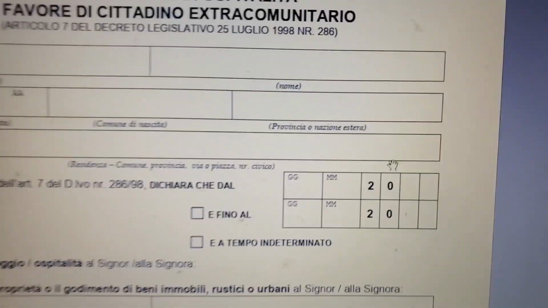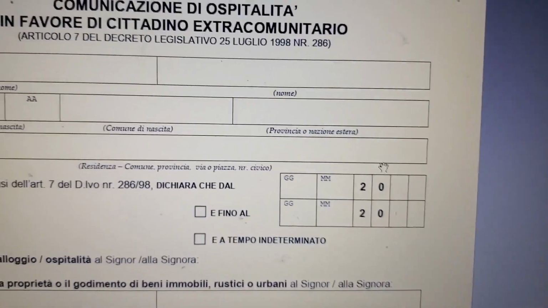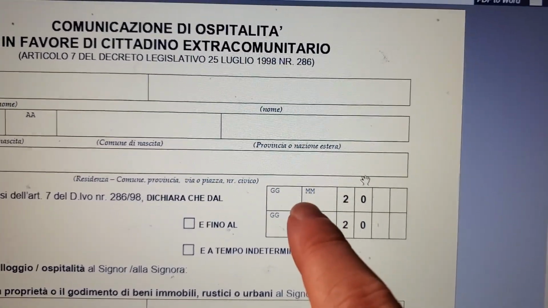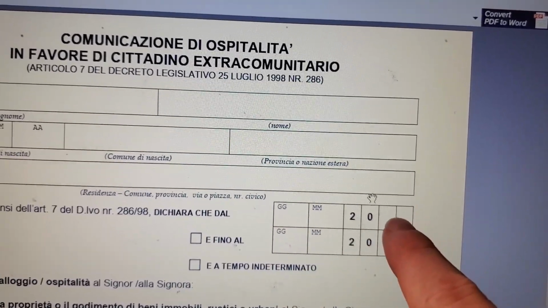And then they'll fill out the date in here. I have mine, but I don't want to show you guys that because I have some of my host's info. On the top one, they'll put the date in which they're filling this out.